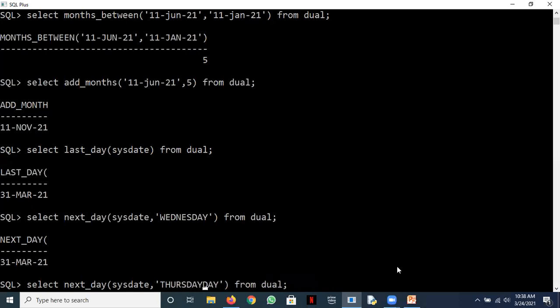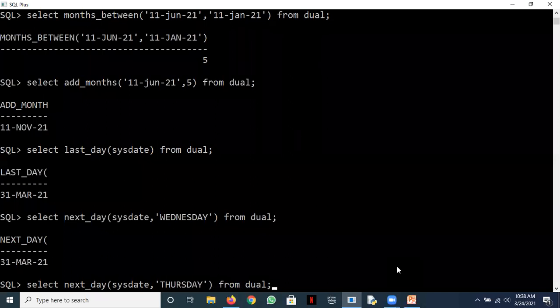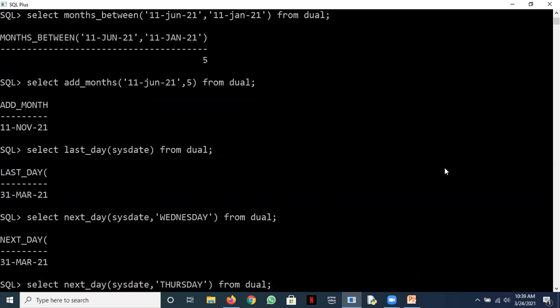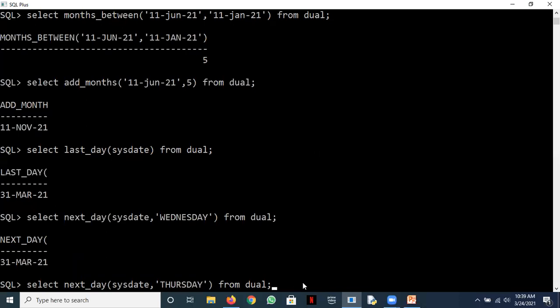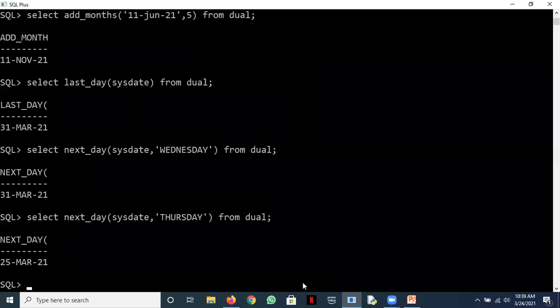Let's work with Thursday here. Answer this. All of you can answer, I know. Raise your hand. This query will display the date on which the next Thursday comes after the sysdate. Okay, Shivam wants to answer. Yes, Shivam. Sir, 1st of April. Be careful. Okay, let's ask Shoaib. Yes, sir. 25 March. Very good. So it would be the 25th. Look, today is Wednesday. So after today's sysdate, the next Thursday comes tomorrow. So that is 25th March. This is next_day.